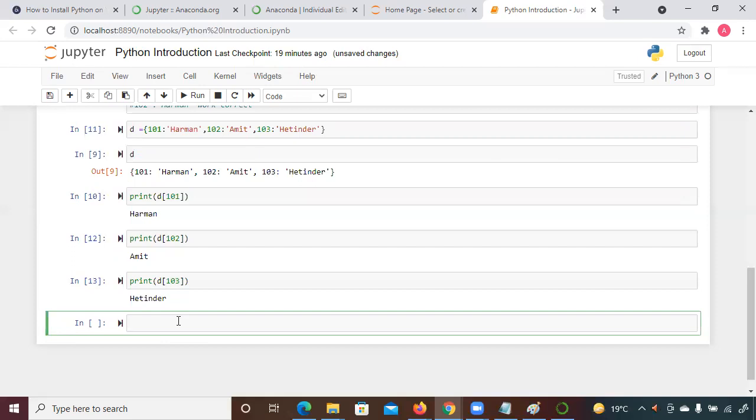If you want to change the value, how are you going to change it? Okay, let me make one more change. So I'm making a D104.